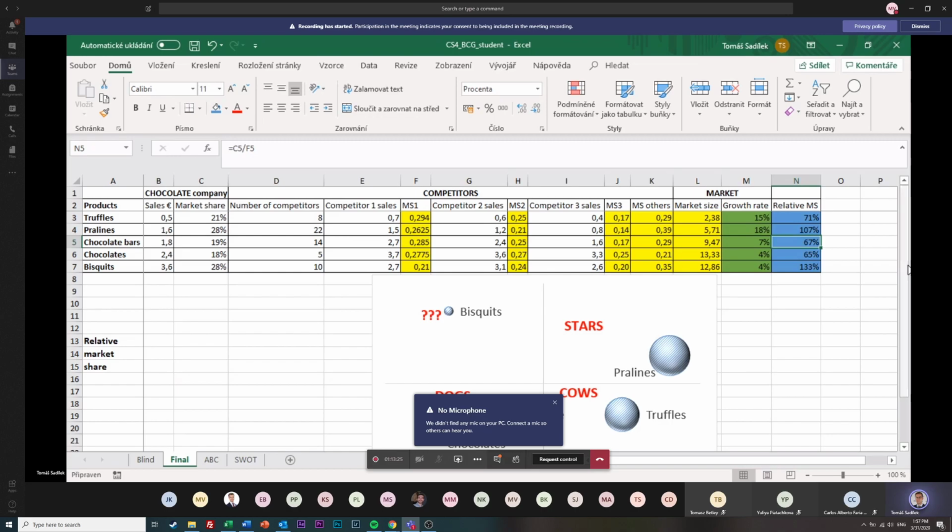One more question or one more comment. How to decide where exactly to place the difference between the dogs and cows, the difference between the stars and cows, and so on. So there is no, there is